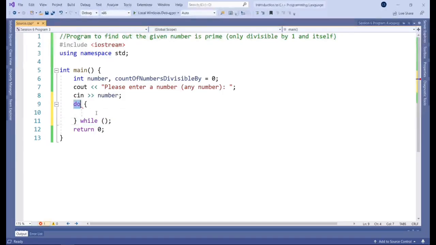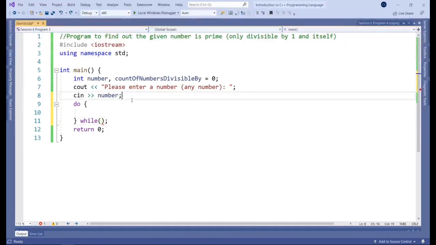But if we are talking about a do while loop, then it's the opposite. You start with some code, then you have a condition, and if the condition is true, it will loop around a second time. So at a minimum, you know that this code will be run once, and then if necessary, as deemed by the condition in here, it's going to repeat and repeat and repeat.